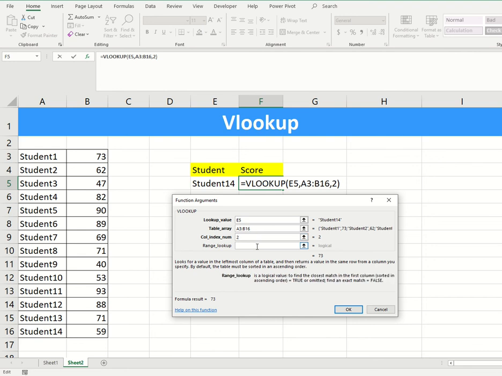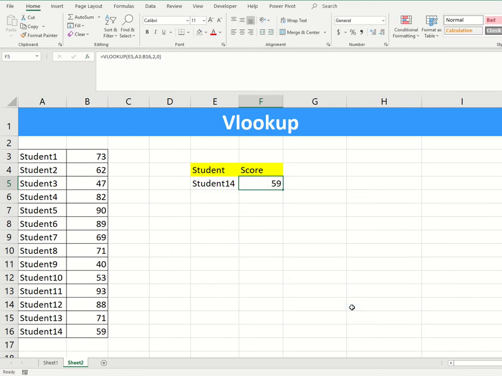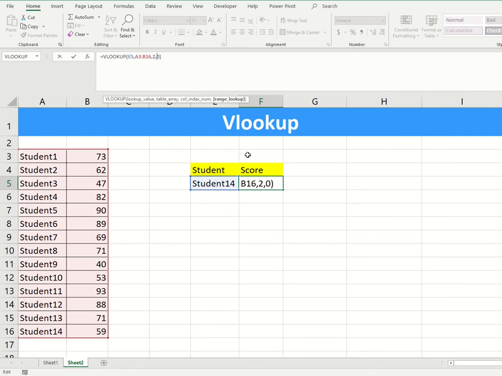And then the range lookup value is 0. That means I am doing an exact match. So you can see the value of student 14 is 59. When you put 1, it means approximate match.